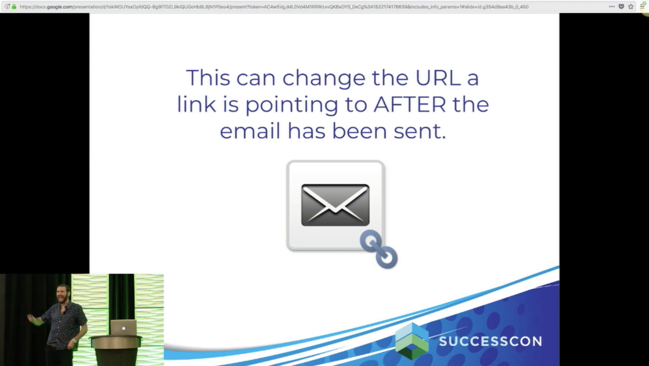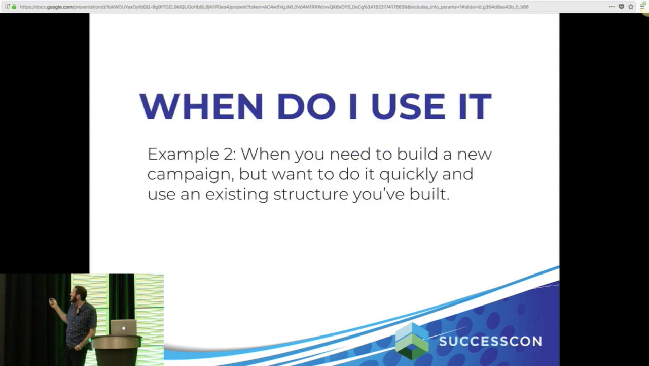When I figured that out, it was like an accident. And then I said, wait, that's kind of cool. Okay. Example number 2, use campaign links and merge fields to make your own life easier if you find yourself